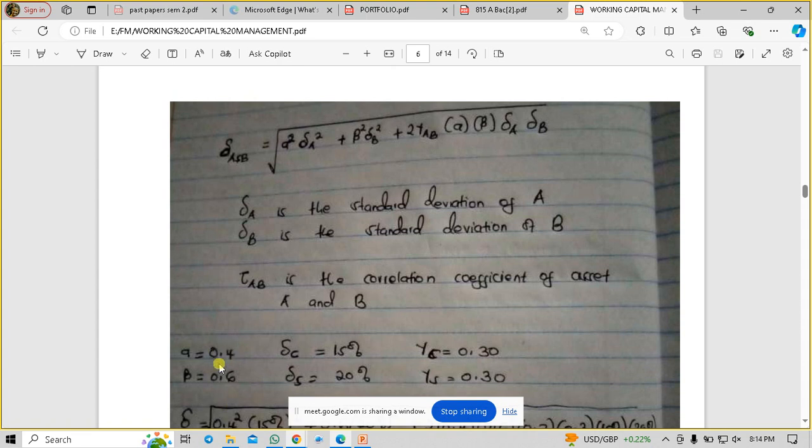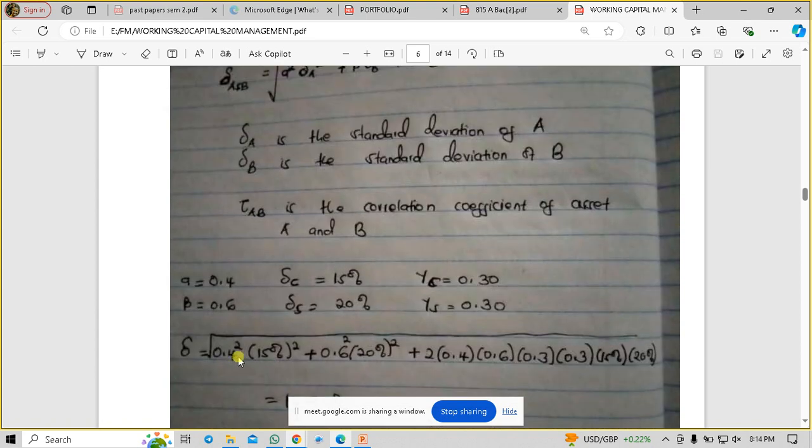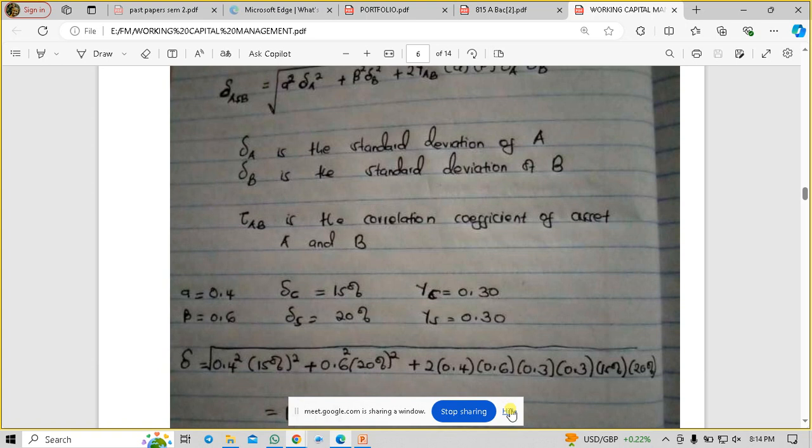So it will be 0.4 squared, that is our alpha, times standard deviation. So here we have C and S. So it will be 0.4 squared, standard deviation, the one that you are given is 15% squared, plus 0.6 squared times 20%, this one, squared, plus